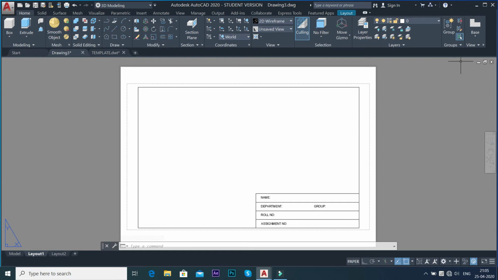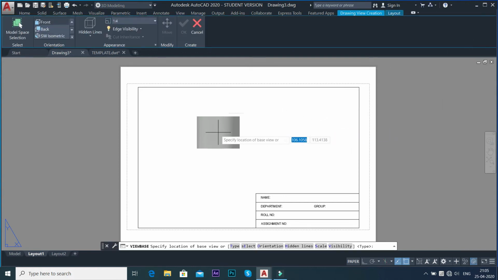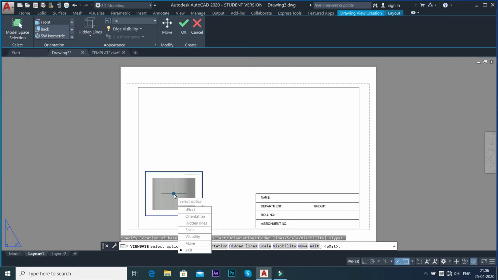Then in this view palette, click on this drop down menu in the base and click on model space. This means whatever you have drawn in the model space will be selected. So I'm clicking on this model space, and as you can see I have already brought the view from the model space. Now remember that in third angle projection we always get the top view above the ground line and the front view below the ground line. So obviously this is the front view, so I am clicking on this point here, suppose, and press enter.